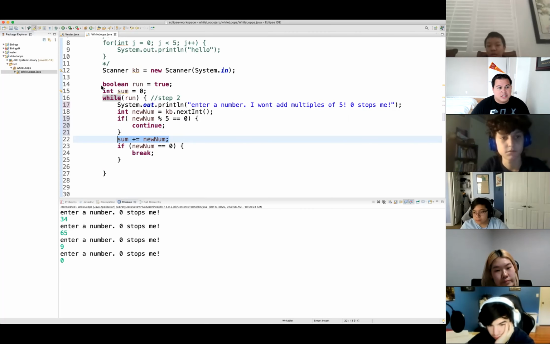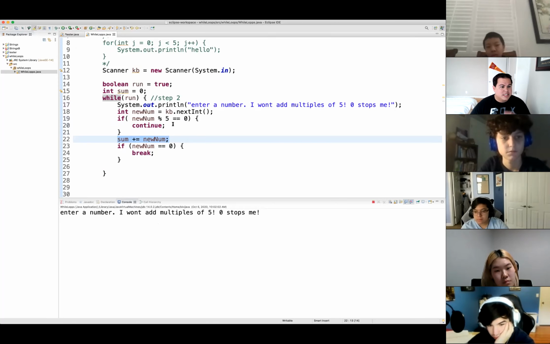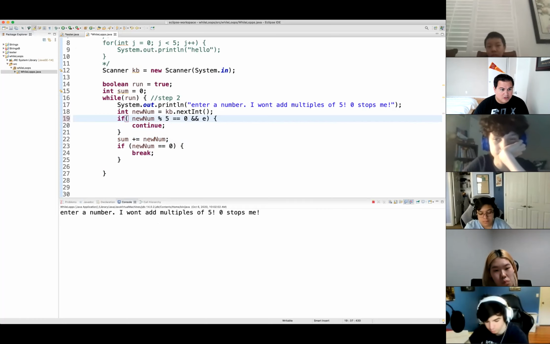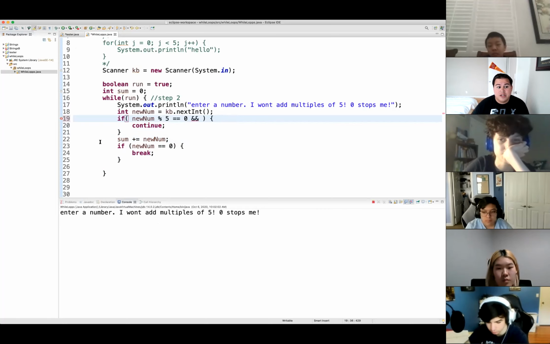So in this case, if newNum modulo 5 equals 0, and just to make sure, newNum is not equal to 0, because 0 modulo 5 is equal to 0. So if I leave it that way, it will never terminate.